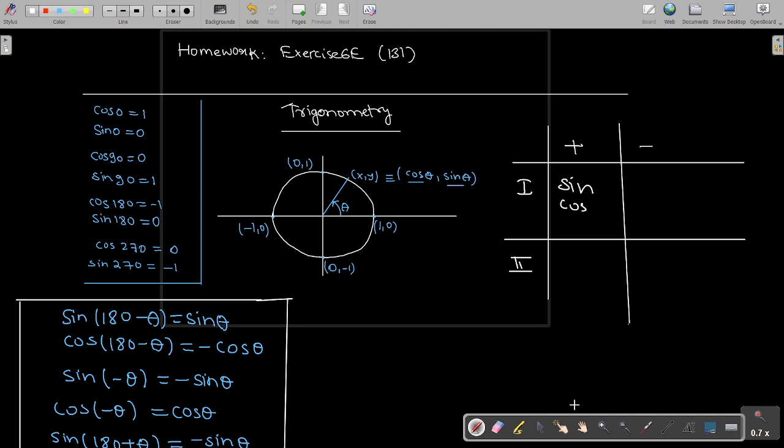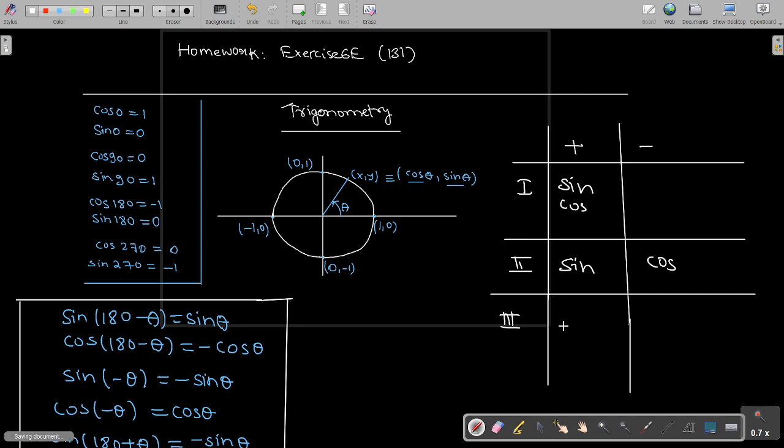Cos is negative. It's negative because it represents the x-axis, so it's written inside the negative column. And sine is positive. What will tan be? Positive or negative? Negative, because sine over cos, positive over negative, is negative. In the third quadrant,